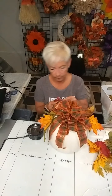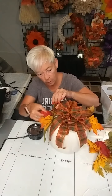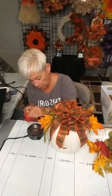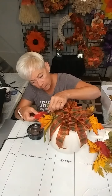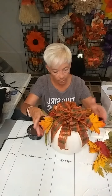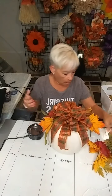Thanks, Laura. You never know in the fall how things are going to look. So just dip your leaf into your glue pot and randomly put them in. And when you make this, although I want this to be equal, you just grab